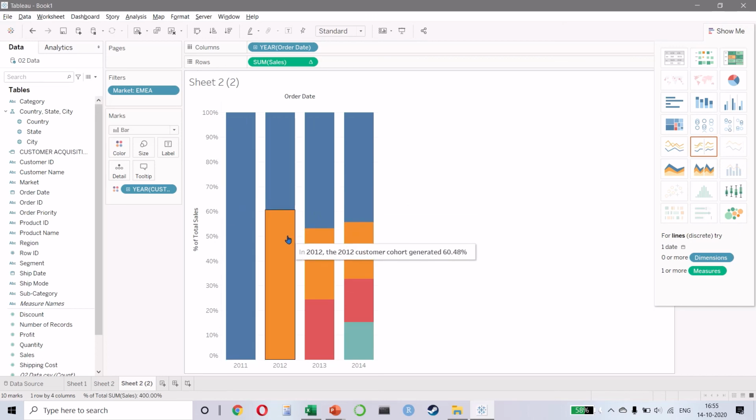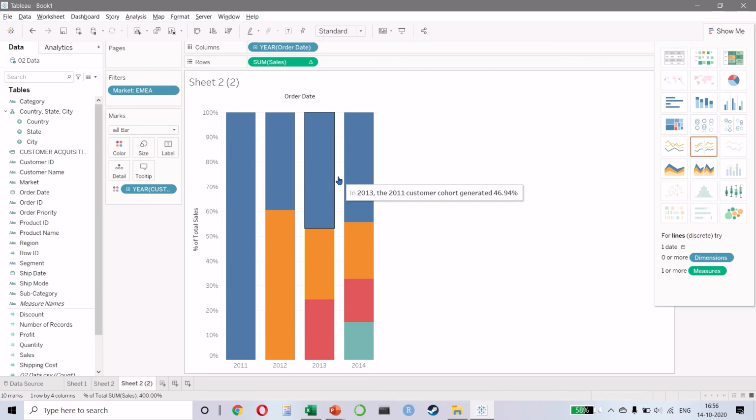But if you look at the 2012 cohort, 60%, 28%, 22%. So this is not a good sign. Despite the fact that in the year that they started, their contribution was 60%, over the years, their contribution has been declining. If you look at 2013, again, you notice that from 24, it dropped to 7. So I would say that older customers are not necessarily contributing a lot to the business, but my oldest customers, which is the 2011 cohort, their contribution has been quite significant over the last 4 years.